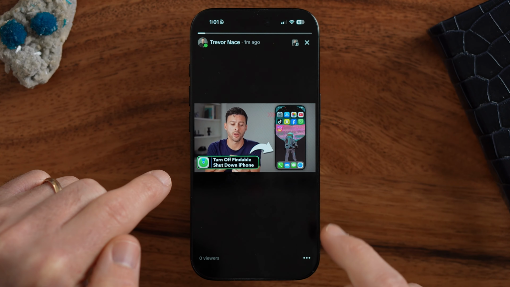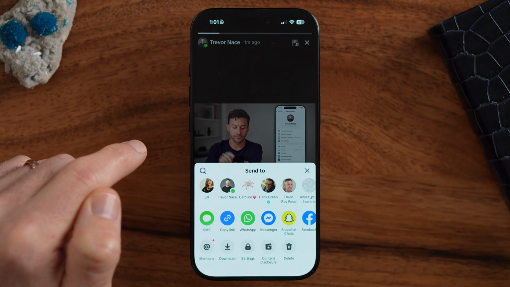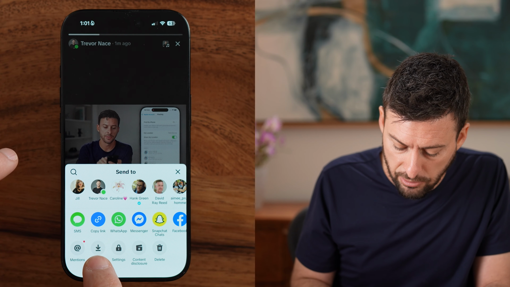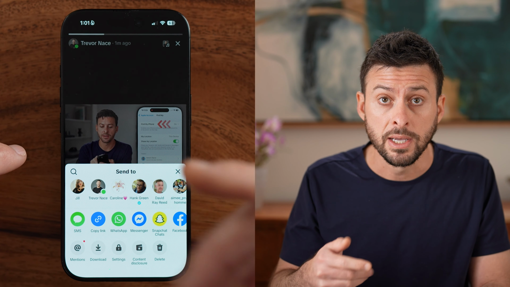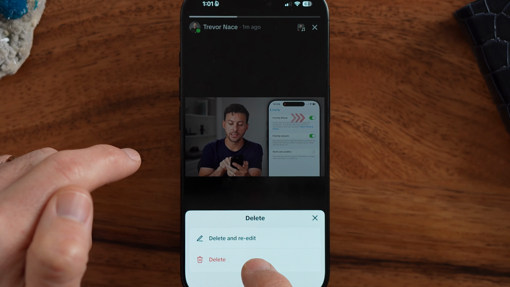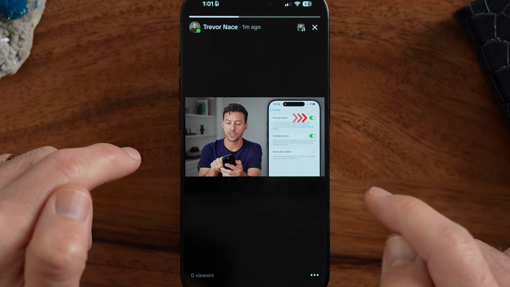to your story. From here at the bottom right, you'll either see a share icon or 3 dots. Either one, just tap on it. And now to delete this, you can tap on delete. However, I would highly recommend tapping on download first if you want a copy of this. Tap on the delete button though when you're ready, and then you can choose to either delete and re-edit or